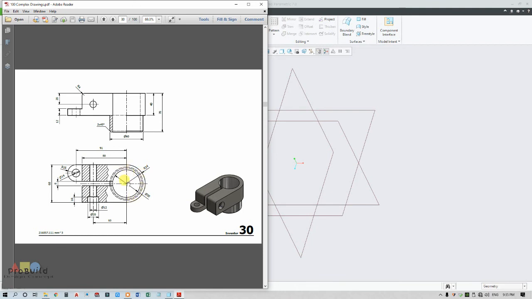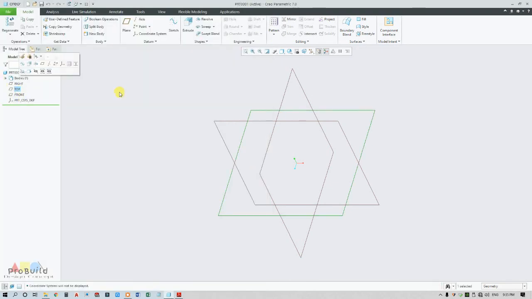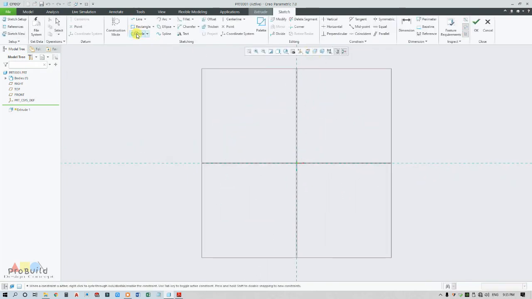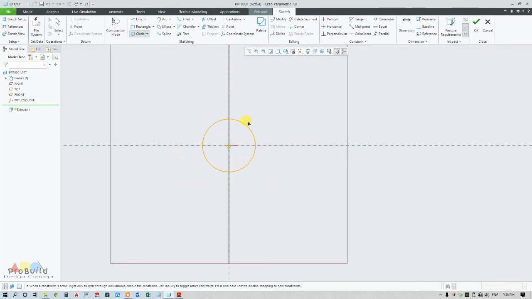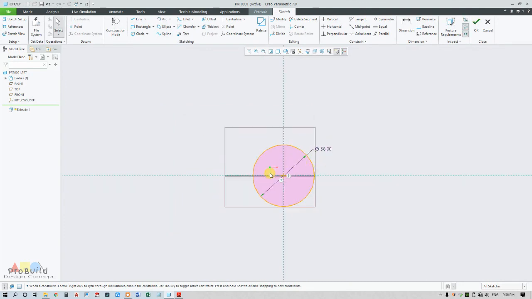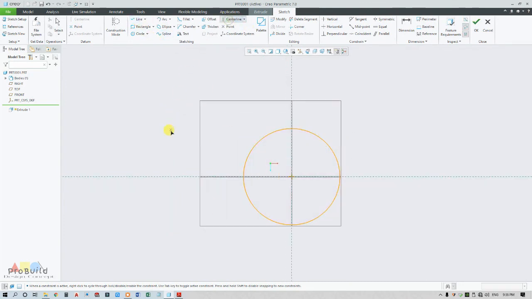This is R34, from the center the distance is 80. Since this is the top plane, I need to select the top view. So go for the top plane, extrude. Here I'm going to draw 34 into 2 times, so it becomes the diameter, and from here it is 80.